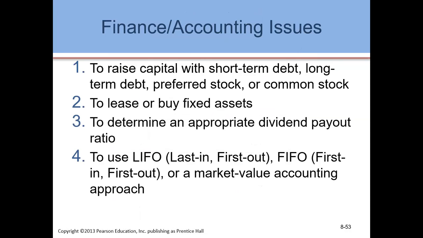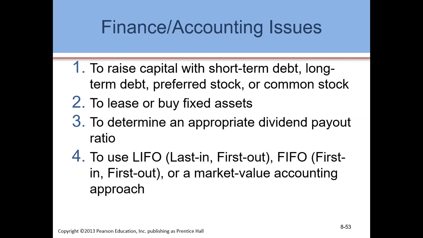Now coming towards the finance and accounting issues, the first concern is to raise capital with short-term debt, long-term debt, preferred stock or common stock. That is the first concern when we talk about implementation. The second can be to lease or buy fixed assets. The third issue can be to determine an appropriate dividend payout ratio. The fourth concern can be to use last in, first out, or first in, first out, or a market value accounting approach. So it all depends on your policies and the way you are going to develop your